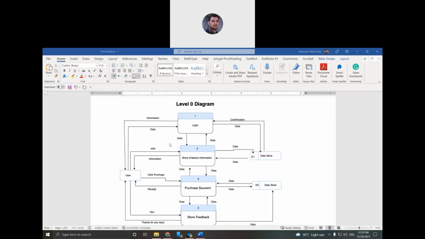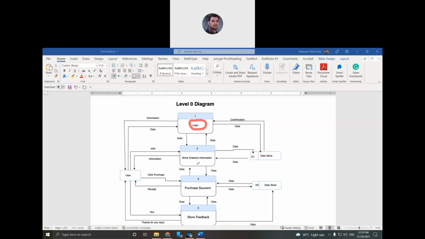Actually, I think login is composed of three processes: registration, login, and logout. So it means this one process can be decomposed further into three sub processes. This is why I want to bring this one from level 0 to level 1.